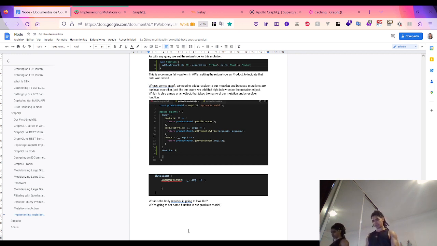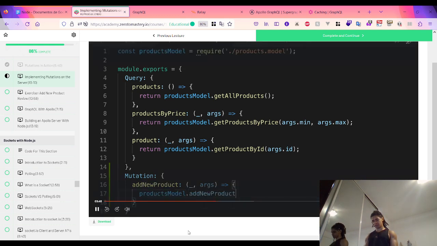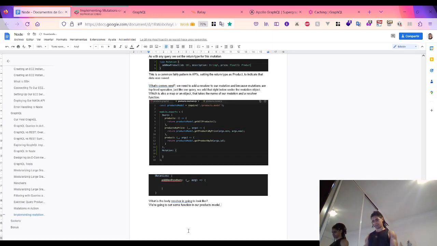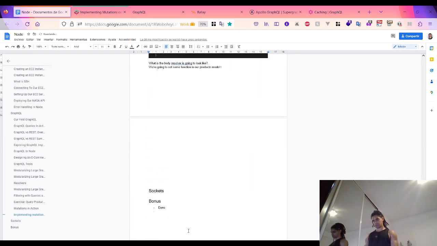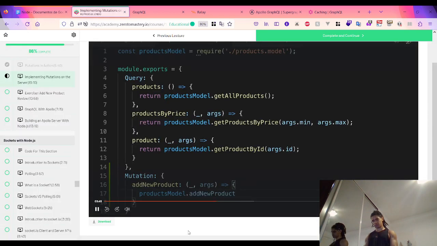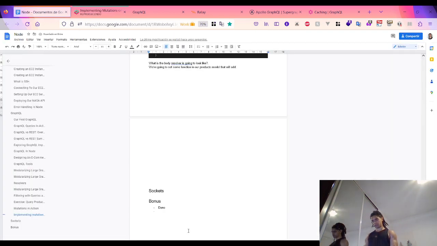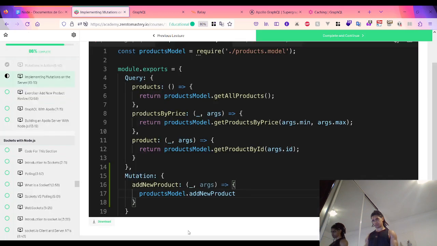So we're going to set some function in our product model that will add a new product. And we're going to put all of the logic to create a new product and save it to our data model